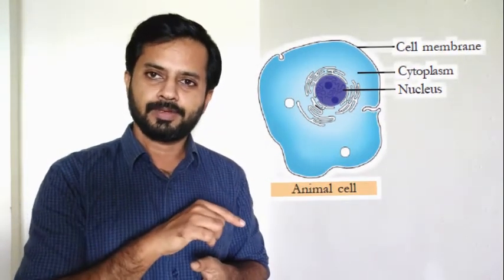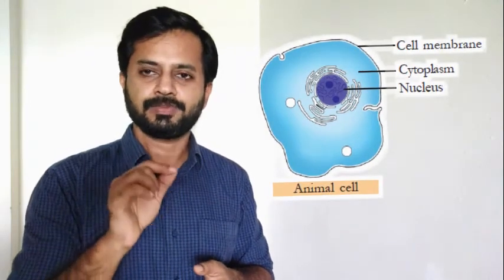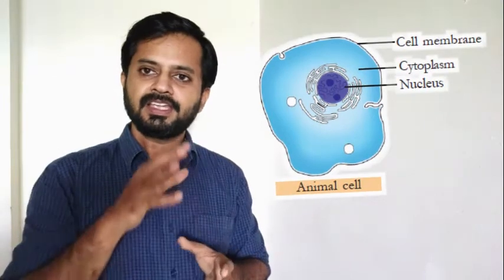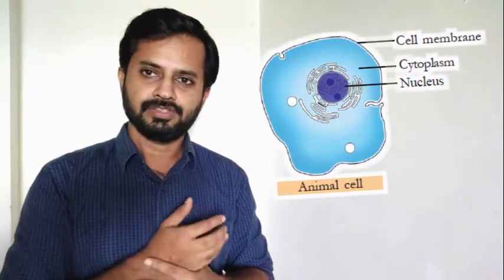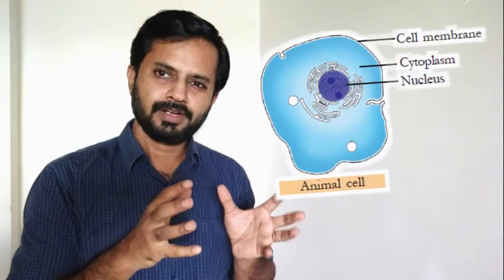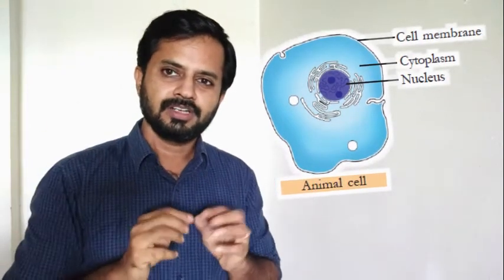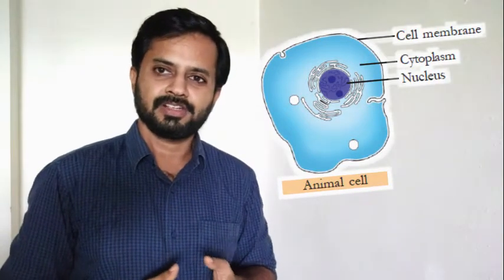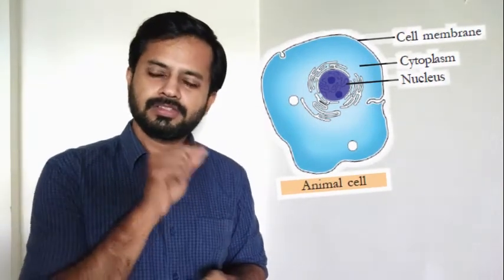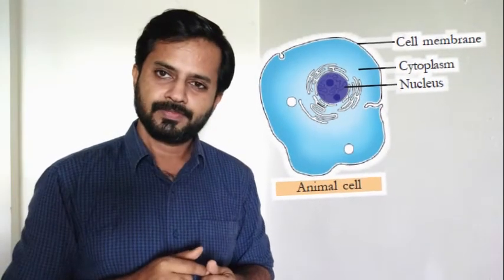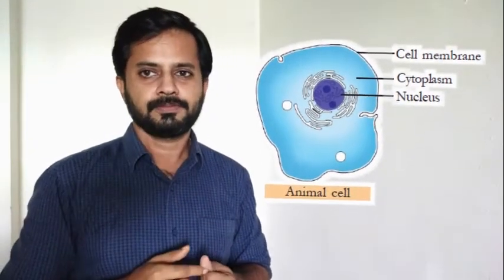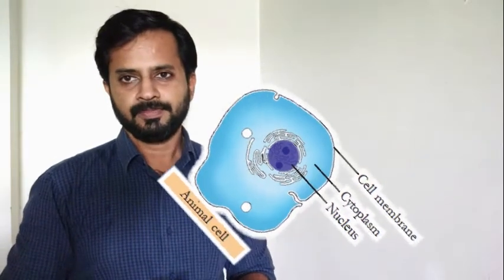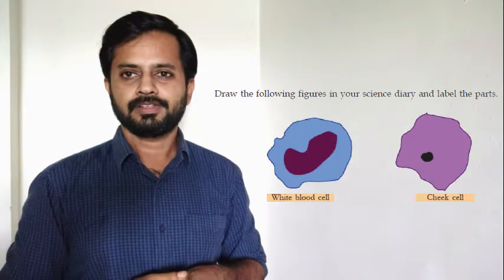After that, cytoplasm. That is a jelly-like substance. A jelly-like area will be the cytoplasm. In that cytoplasm, nucleus is there. The nucleus is a part which controls all the functions in the cell. Like our brain controls our human body actions and functions, right? The same way this nucleus is controlling the cell functions. So three main parts: cell membrane, cytoplasm and nucleus. These are the main parts of an animal cell.